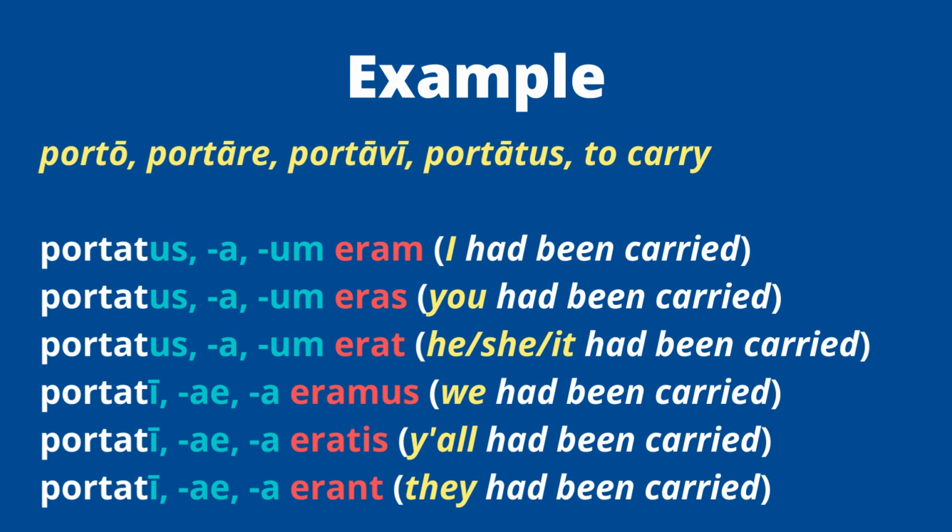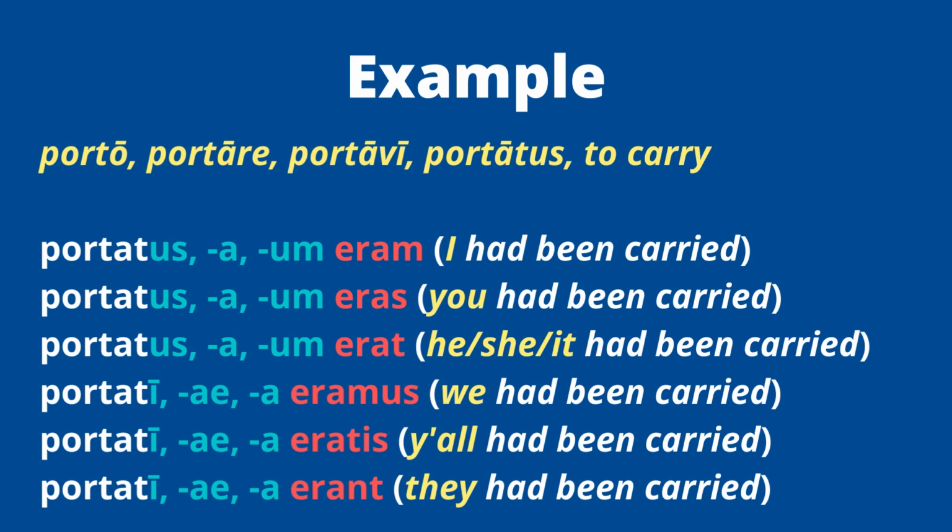When you do this, you're not saying I was carried, but you're saying I had been carried. Had been is the translation for pluperfect passive. So like I said, the fourth principal part, you have to pick the gender and you have to pick the number. It depends on your subject. So it's all nominative case because it's a subject, right? But if my subject is masculine, I need to be using a masculine ending. If it's feminine, it needs a feminine ending. And if it's plural, I need the plural form.